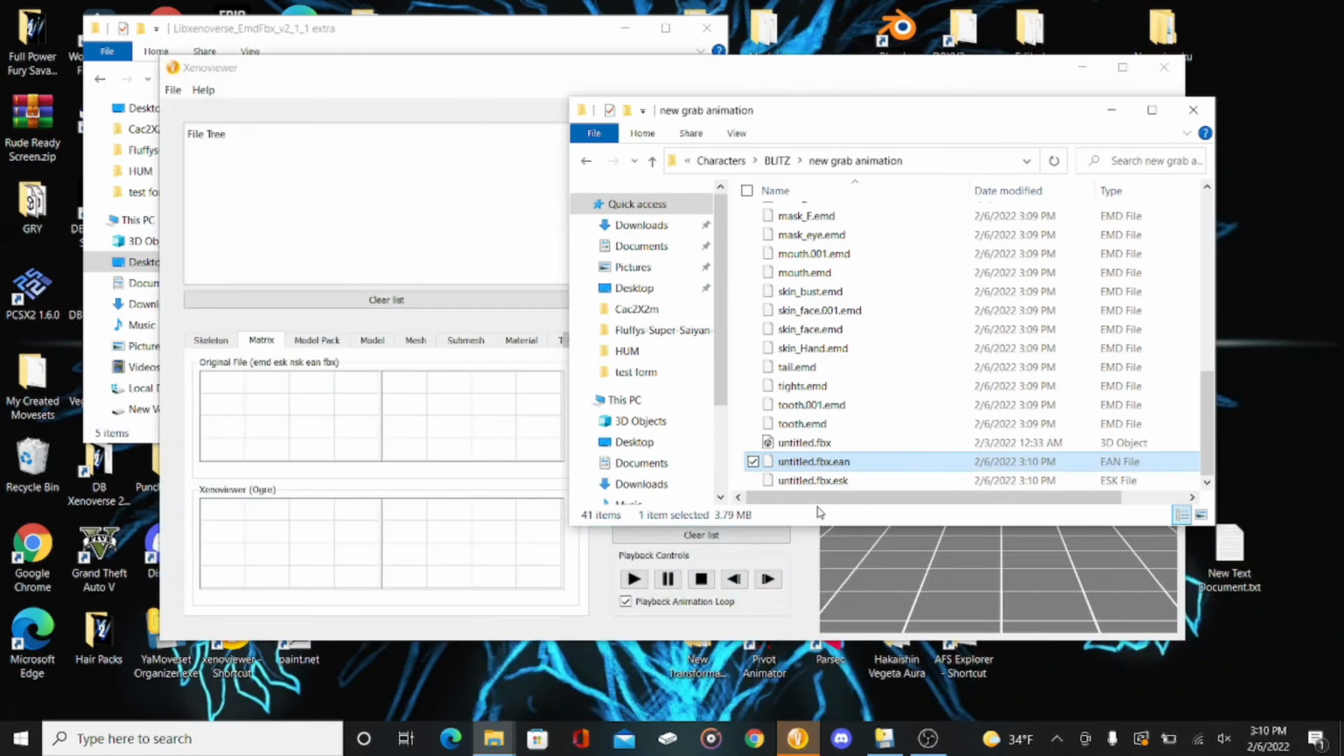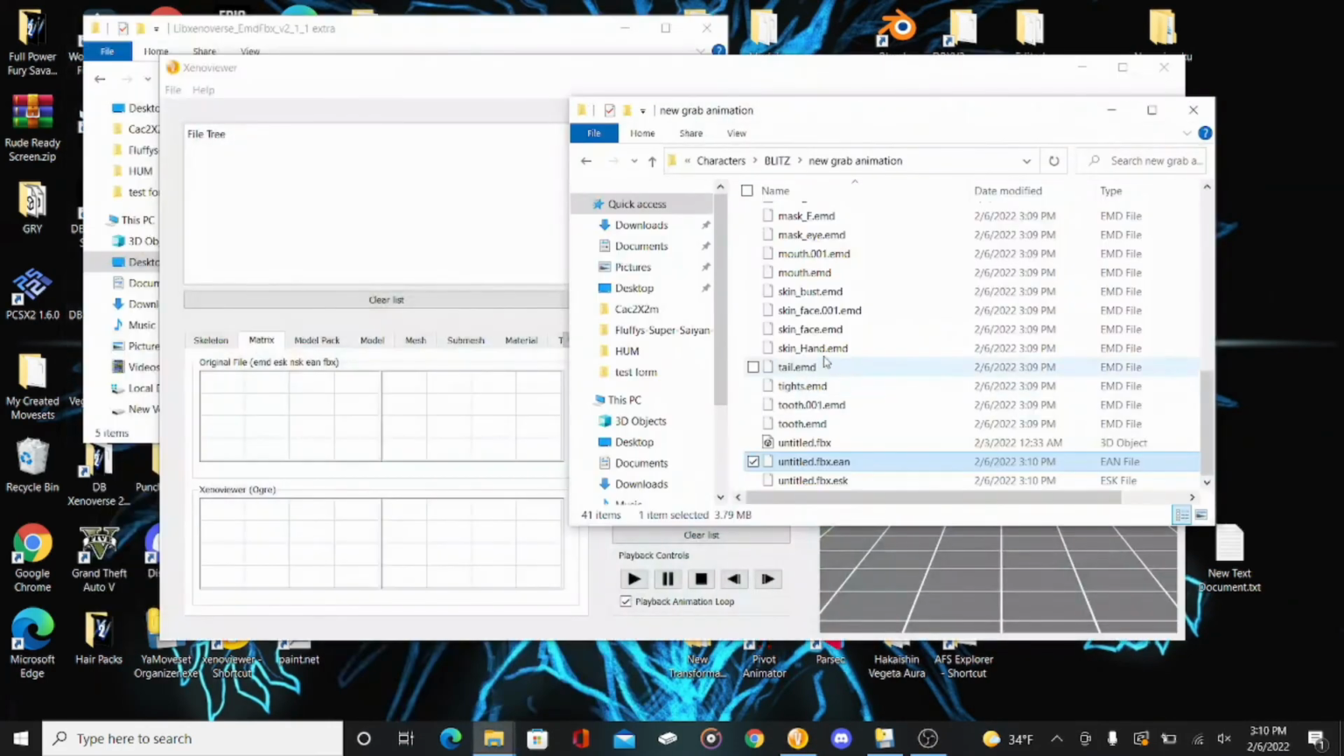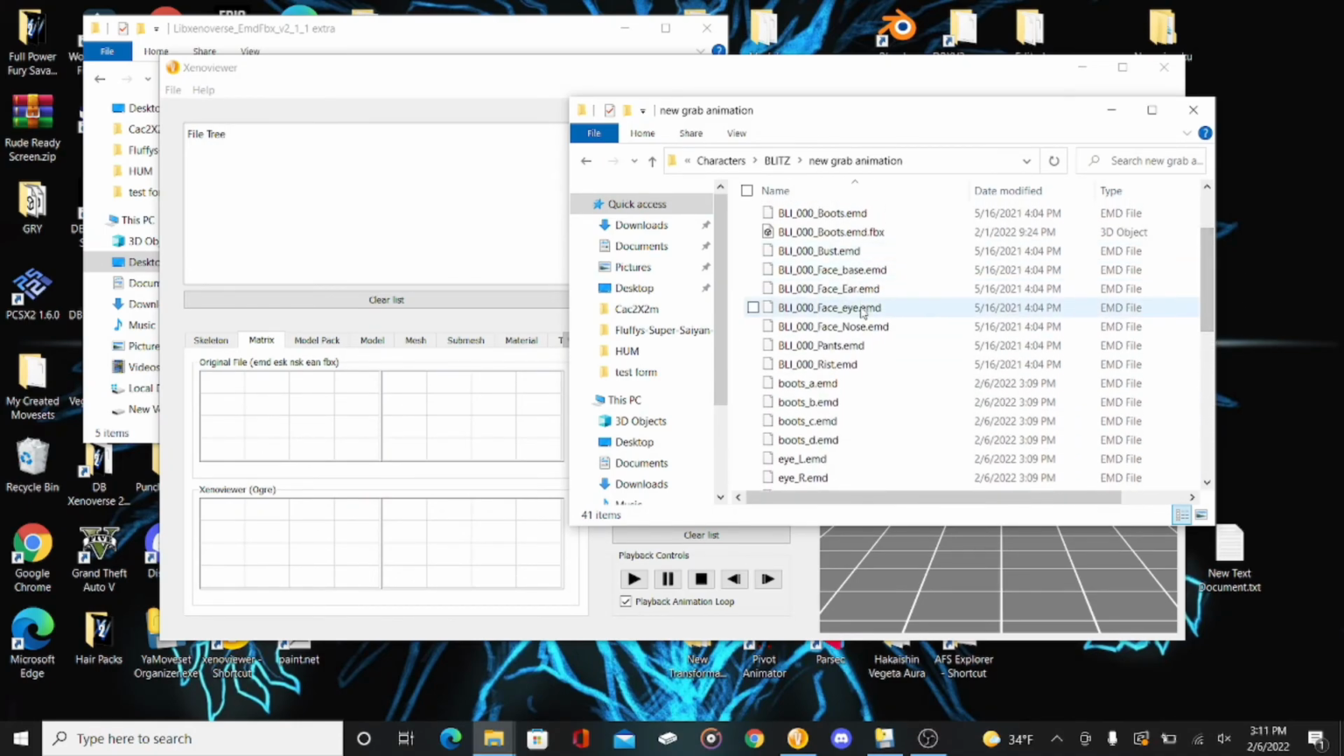Now you're gonna want to take a nice look at your file. It's gonna be titled Untitled EAN. You're gonna drag it into your Xeno viewer and then drag the body parts back in. And then you're gonna search for the new animation you made. And then from there, you're gonna want to go into your EAN organizer and